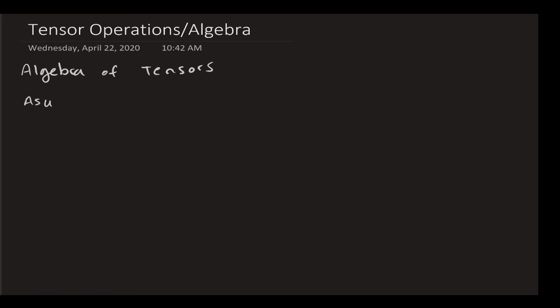So assume capital S and capital T, I just write them in block letters, are tensors. I'm not going to write the components unless I'm talking about explicitly adding component by component. So suppose S and T are tensors, then